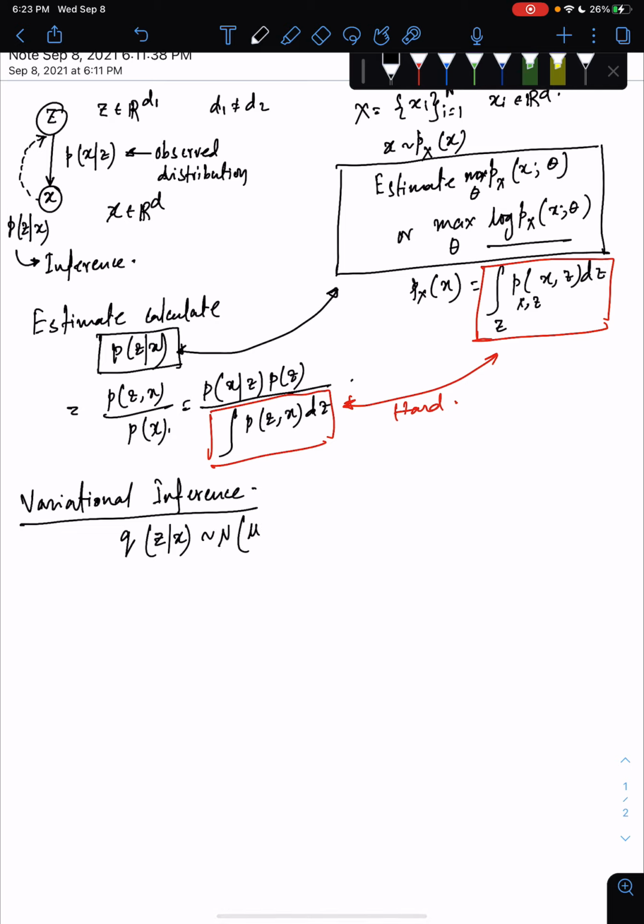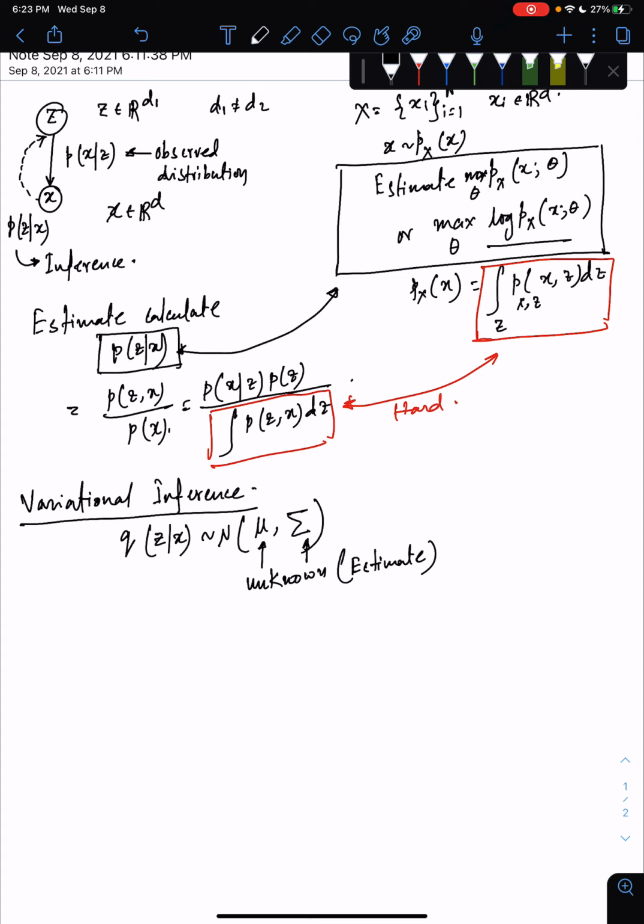So I can write something like this, or let's keep it simple. This is a Gaussian distribution, and these two things are unknown to us. This is the mean, and this is the covariance matrix, because I am considering it to be a multivariate Gaussian. These two things are unknown, and we have to estimate these guys. So that's why it is variational,